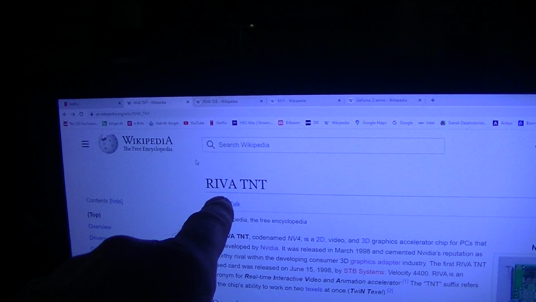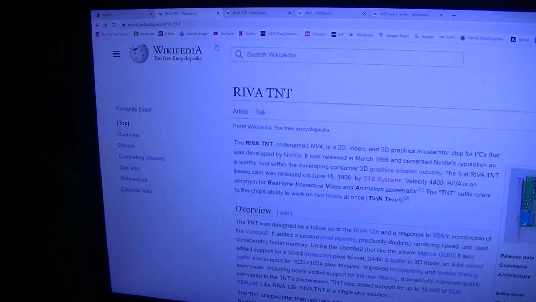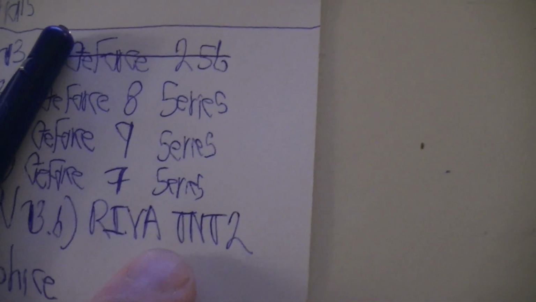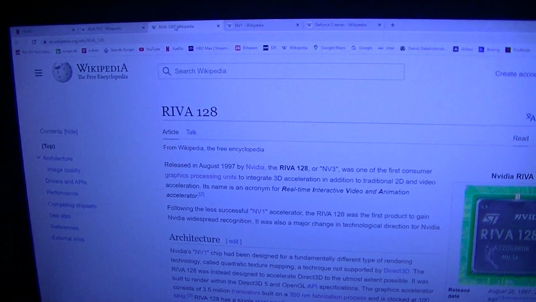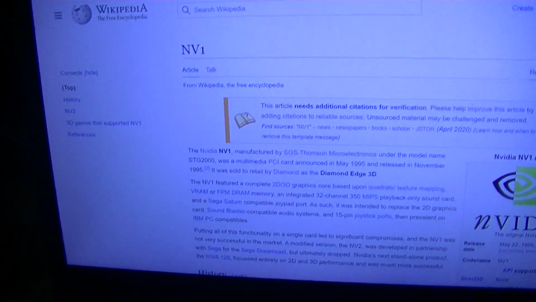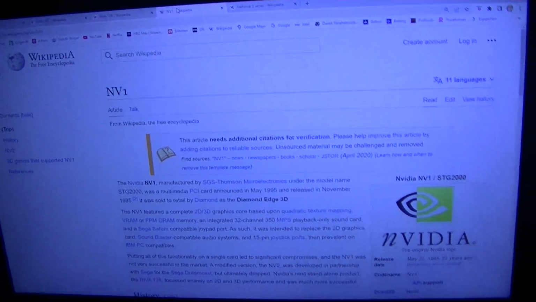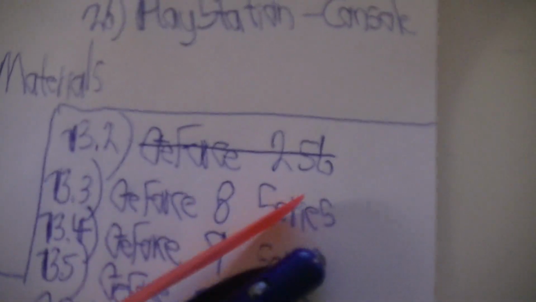Hello, welcome back. I'm uploading the GeForce 256 graphic cards, but that was not the first one from Nvidia. I have some called RIVA TNT. No, they got RIVA TNT2 and RIVA TNT. This one and RIVA 128 and some NV1. So let's read this, and after the GeForce 256 we have this 200 series,